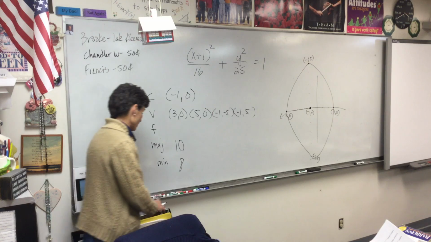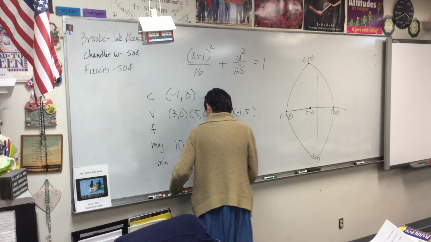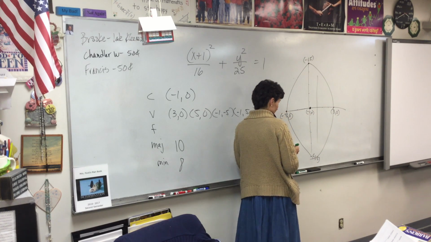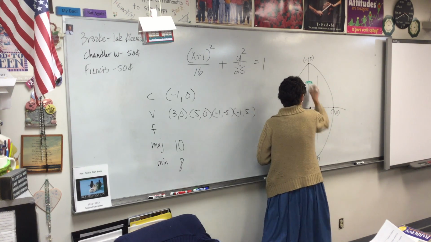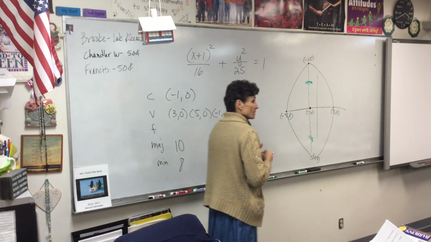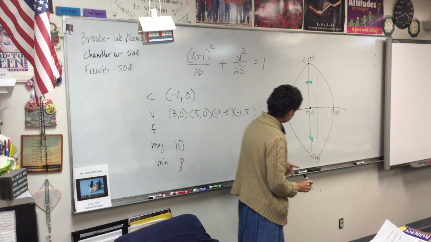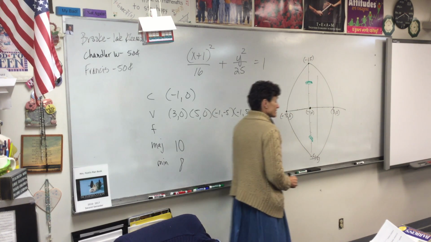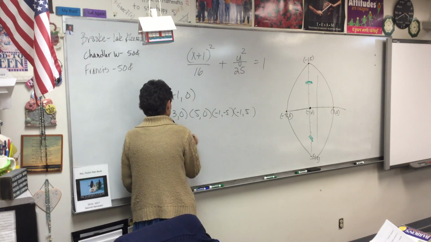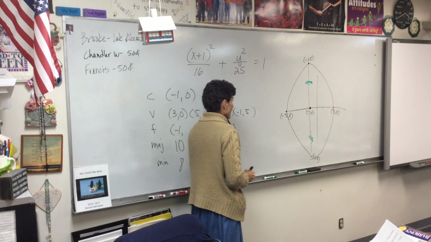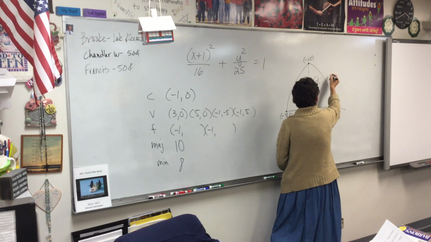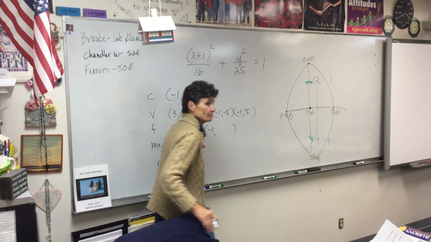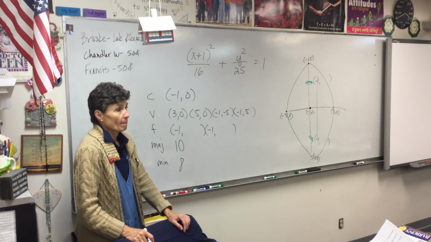Now here comes the hard part. Our foci. Now they're always on the major axis, which is again this one, right? I don't know where they are. I'm just going to put them on there. Tell me about every single one of those points. Look, x is negative 1. So I'm going to start off by making x negative 1. That way, even if I screw up the rest of it, I get half credit. This would be 5 plus 3 and 5 minus